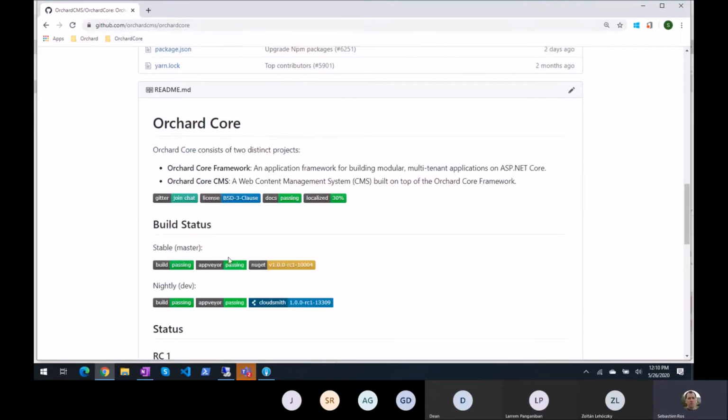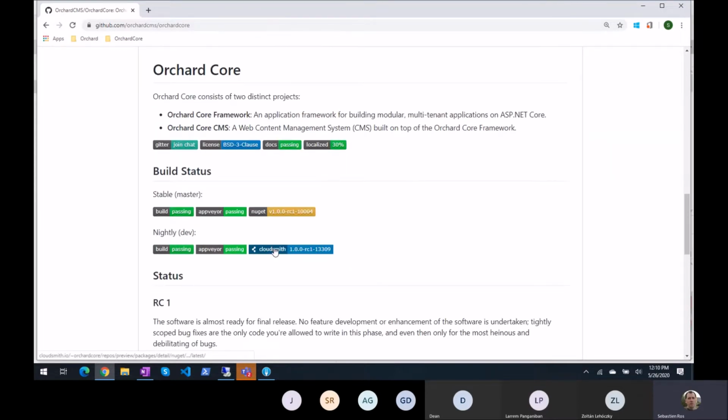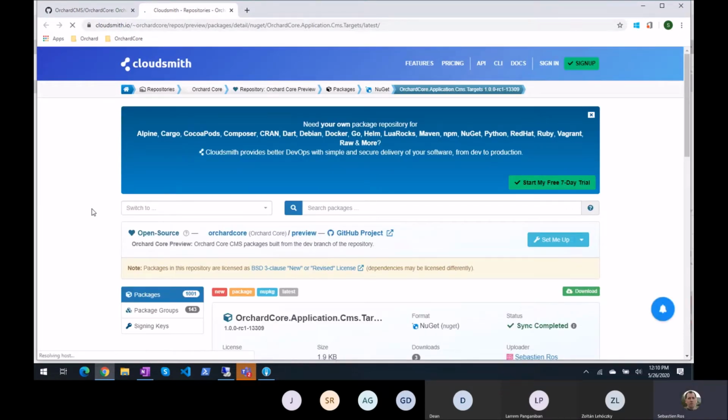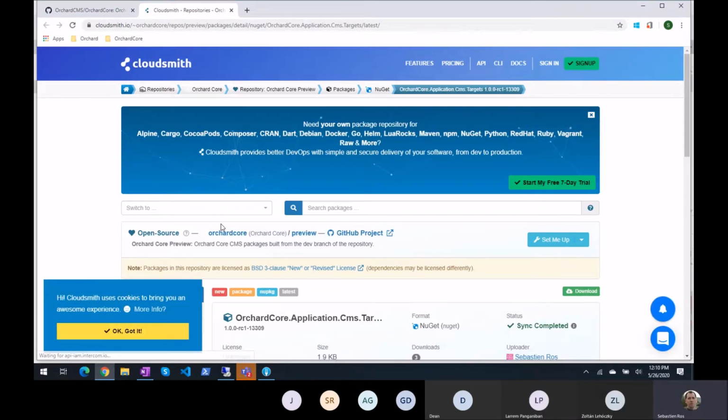Did you update the badge? Yes, thank you. I didn't see it passing. We'll see it later. So now if you want to get the, it's called here nightly, but we call it now preview, dev branch packages, you have to change your NuGet feed URL to this feed